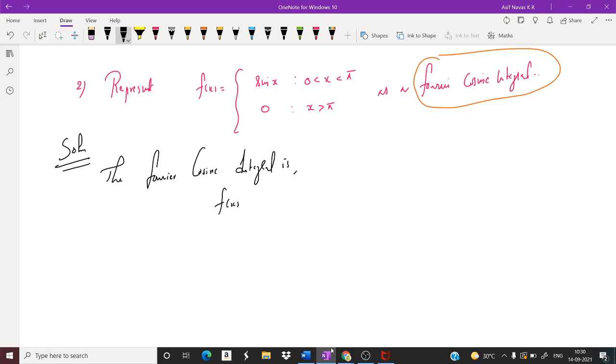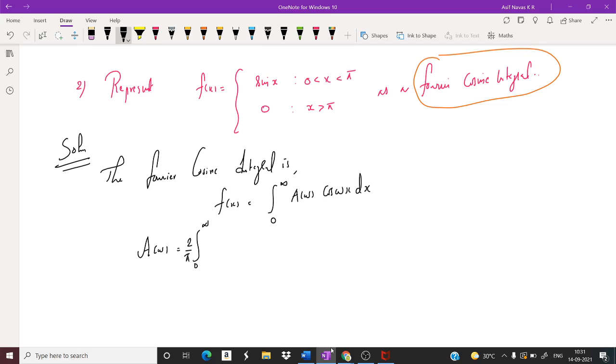F of x equal to integral 0 to infinity A of omega cos omega x d omega. Because it's a Fourier cosine integral, we know that B of omega is equal to 0. Now tell me what is the formula for A of omega. Therefore, first we have to find out A of omega. The general formula is A of omega equals 2 by pi